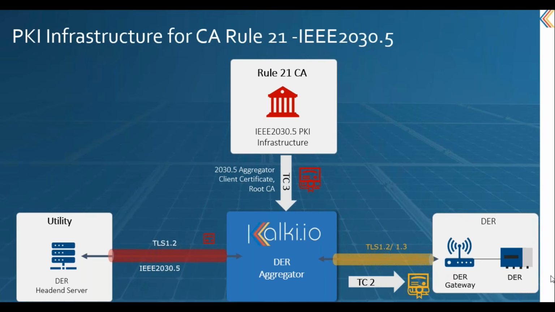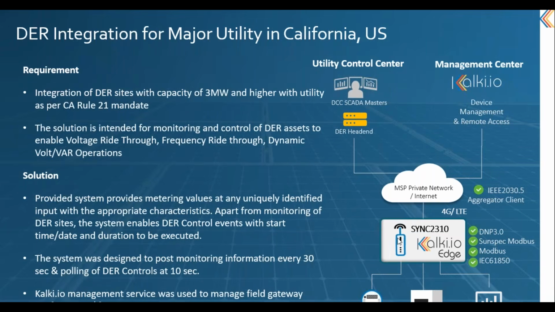So let's look at a few case studies where the solution is used. This project in the US is used for integration of DR sites with a capacity of 3 megawatt or higher with the utility, as per the California Rule 21 mandate. The hardware product IC3235 is used with the Calculate software in it, and it's used to connect with the